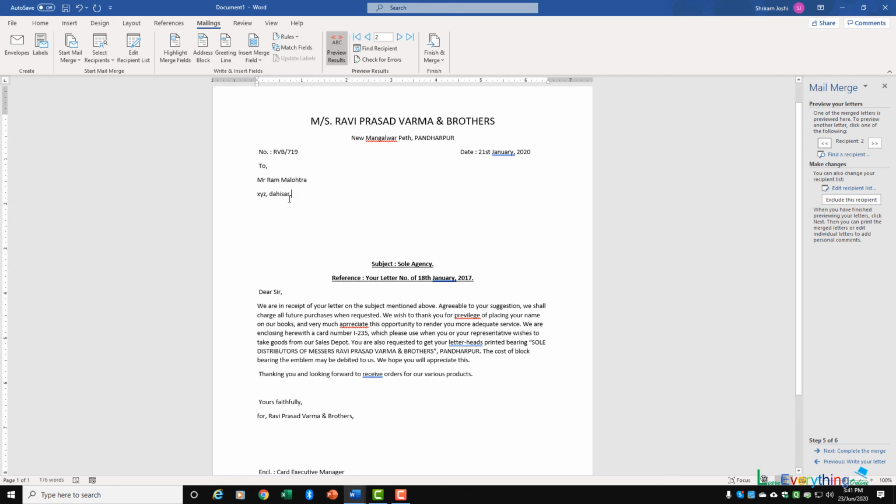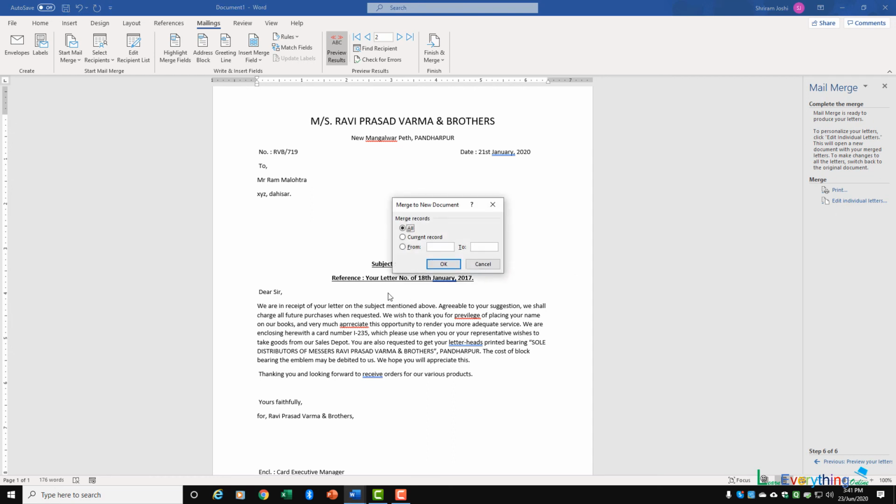If you want to take print from this particular file only, it is possible that you can do that, but it is always better to finish the steps and then create a new file which will have 2 pages with 2 addresses but same letter. So I will click on next to complete the merge. It will ask me what next you are supposed to do. Either you can take hard copy called print, or you can use soft file, that is edit letter, in which again the option is either I can merge all, or I can give specific current record number to last record number, or any specific range.